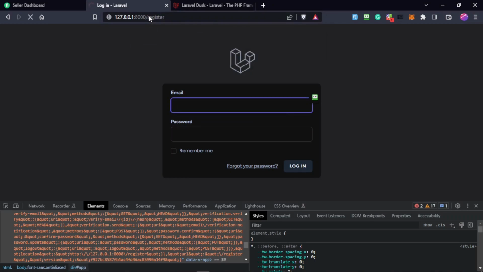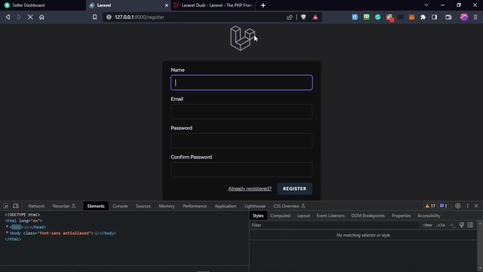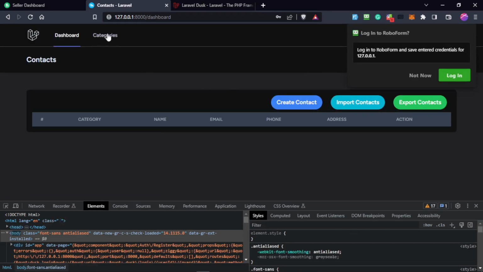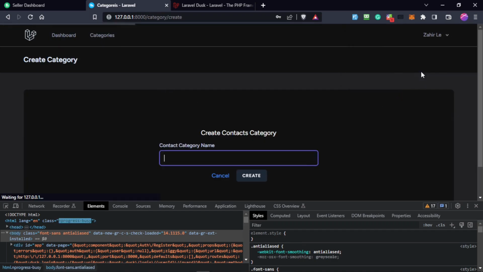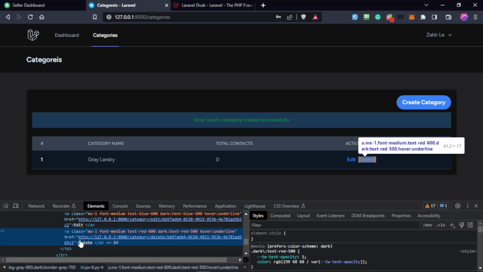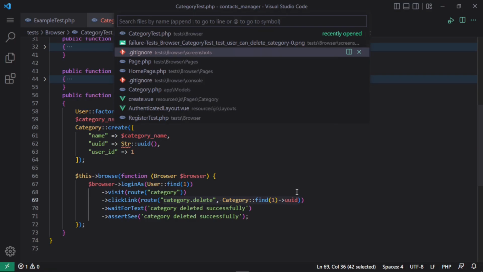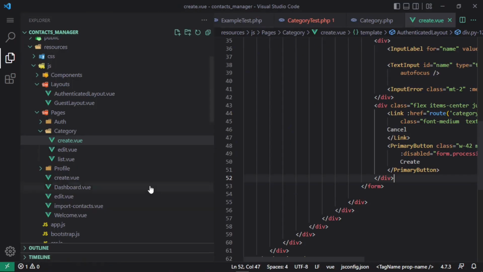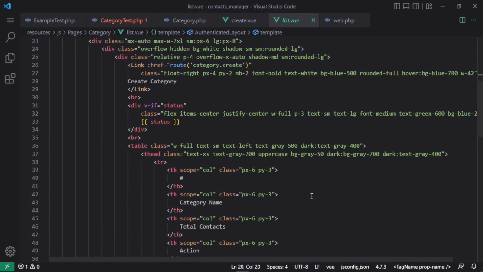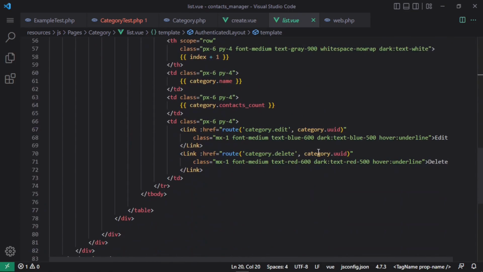So I'm gonna register a user. Go to category, create category, fill the form, create category, and let's check the ID of this element. Okay, this is actually a link, and let's go to create, and from here we are gonna go to list, and what I mean is with each row I'm gonna add the UUID of that first. So href,